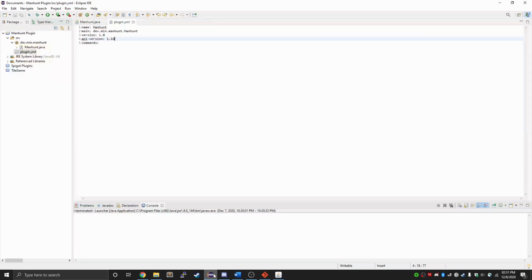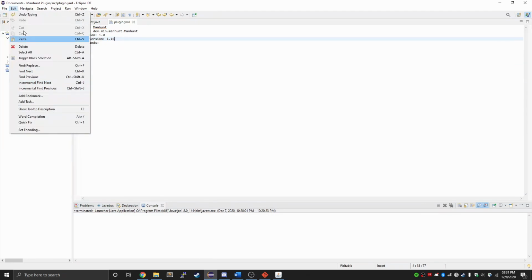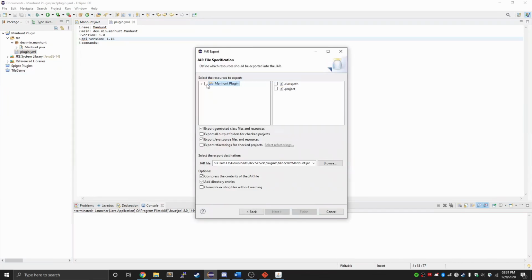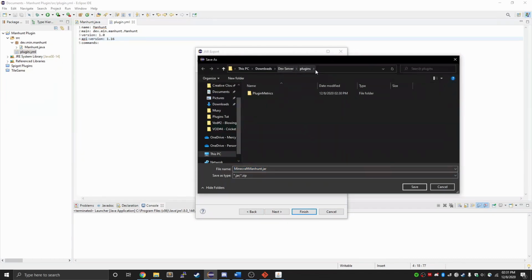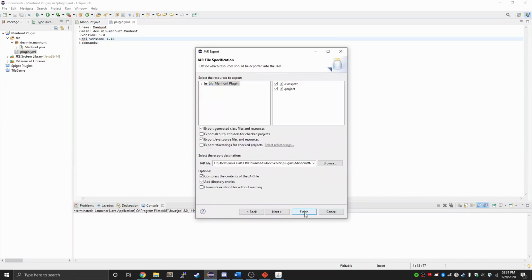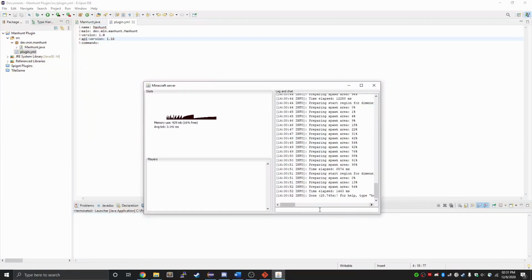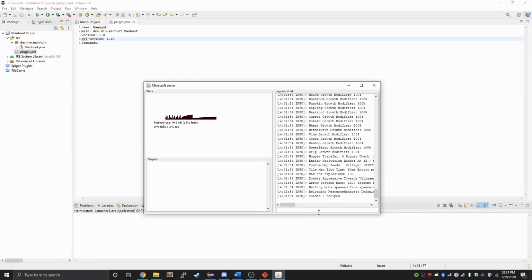So if we go back to Eclipse, we go File, Export, we're going to choose a jar file, check Manhunt plugin, and then we're going to browse and we're going to make sure to put it in the right place. So I'm putting it in dev server plugins, naming it Minecraft Manhunt.jar. Make sure there's no space in it or the server will not load it correctly, and then we're going to finish. Now we can come back to our server, we can type in a reload,